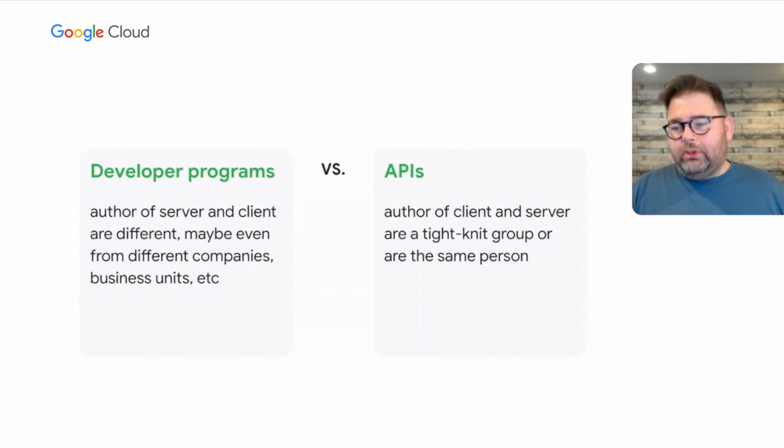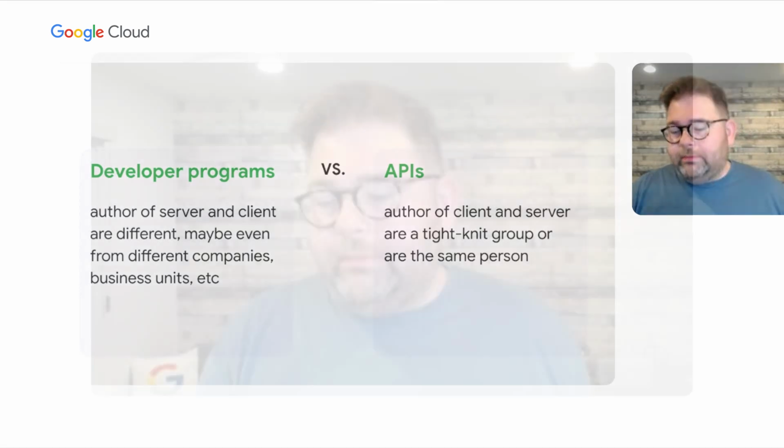That in API programs, you really don't have to be as strict about design of your API because since you control the client and the server, you can sort of assume a certain amount of knowledge and mediate between that on your own. But when you have a developer program, the clients don't know what you know. And so you have to make sure to actually productize your API in such a way that makes it discoverable and accessible and makes it easy for developers to leverage and consume that API in order to drive business value, not just for you, but also for their application.